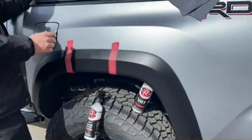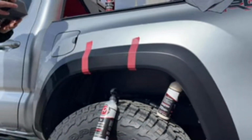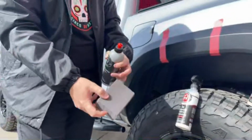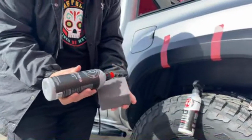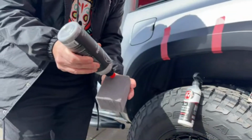Then we'll do graphene VRT on this side over here. Okay, so again, VRT, all-purpose exterior dressing. On the back side, I'm going to use the graphene VRT. Now, graphene VRT is even more thick than the regular VRT. So you can see, as this comes out,